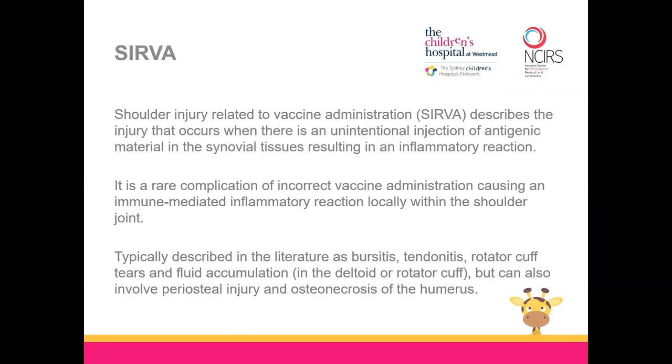SIRVA is a shoulder injury that's related to vaccine administration, which is described in the literature as occurring when there's the unintentional injection of antigenic material in the synovial tissue, resulting in an inflammatory reaction. It's a rare complication of the incorrect vaccine administration, and it boils down to placing a vaccine where it shouldn't